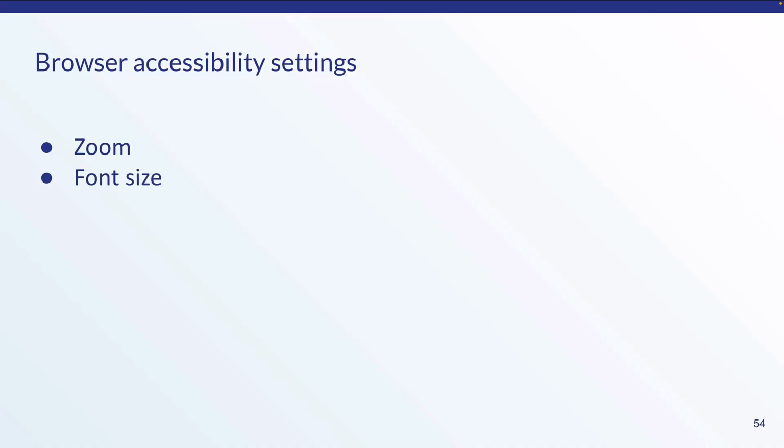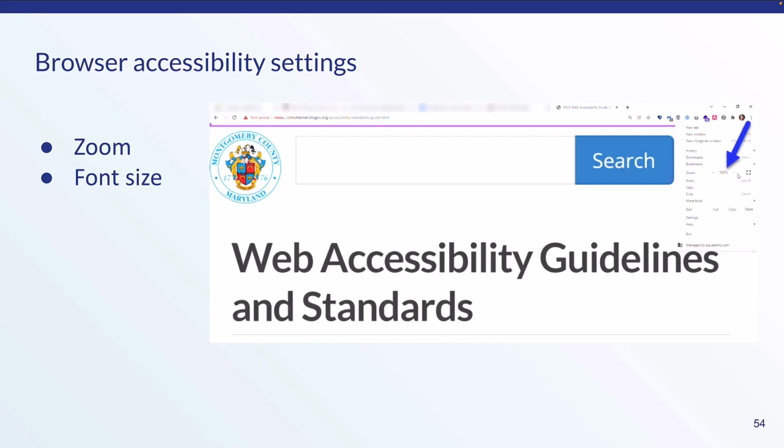Now we will talk about browser accessibility settings, zoom, and font size. Here on the screen I'm showing the web browser Chrome and the fact that it's zoomed to 500%. We can do this by pressing Ctrl+ or Command+ to zoom our window to get to 400%. Web Content Accessibility Guidelines require that our pages will work for people at 400% zoom without requiring someone to have